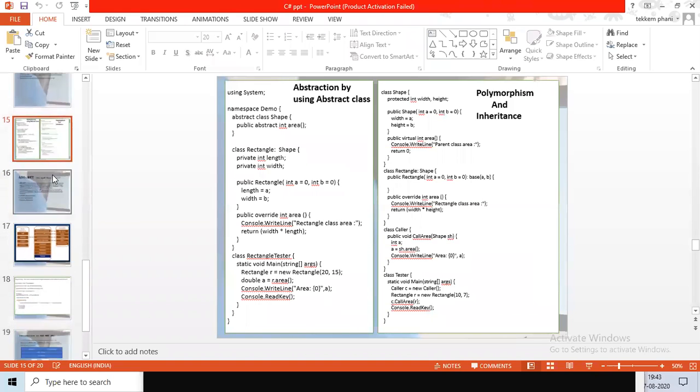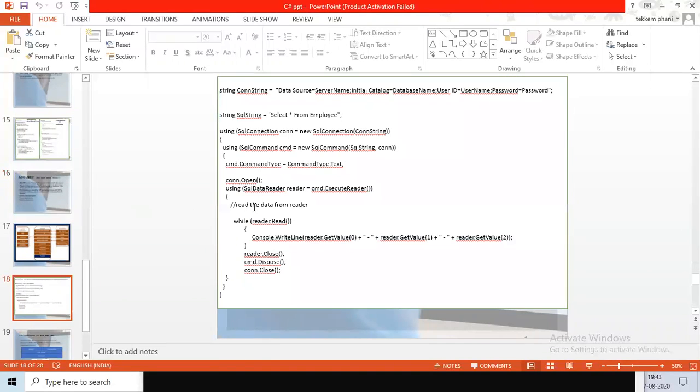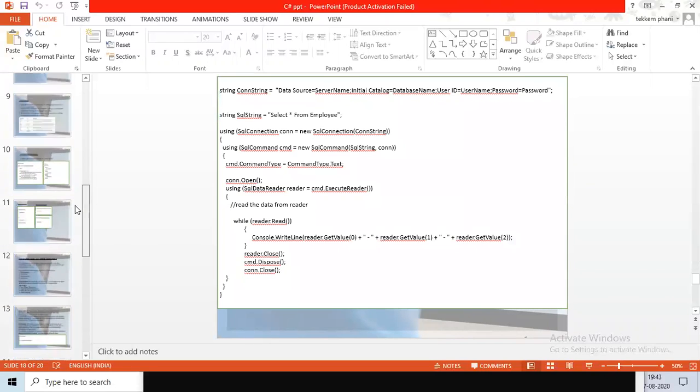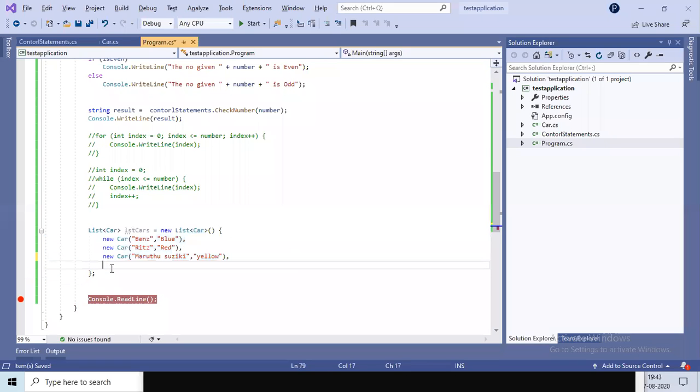Then we'll get the data, store that data inside this list, and iterate that list inside the for each loop. Then we will display that list in a table format actually.